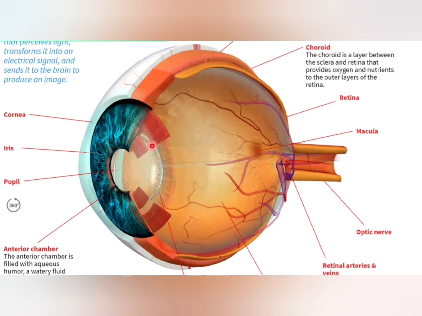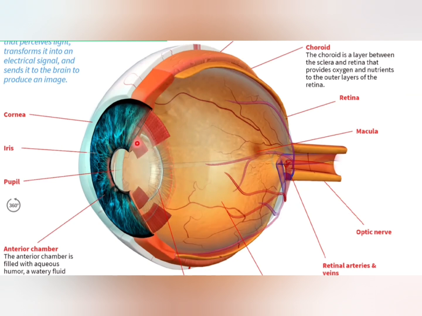especially the iris structure. The iris is the colored part of the eye that surrounds the pupil, which is the black center. The primary function of the pupil is to control the amount of light that enters the eye, and the constriction and dilation of the pupil is actually done by the iris. The muscles within the iris constrict or expand to make the pupil smaller or larger.